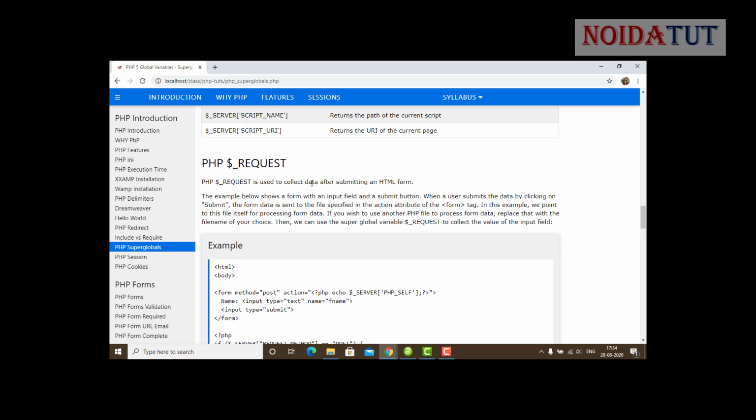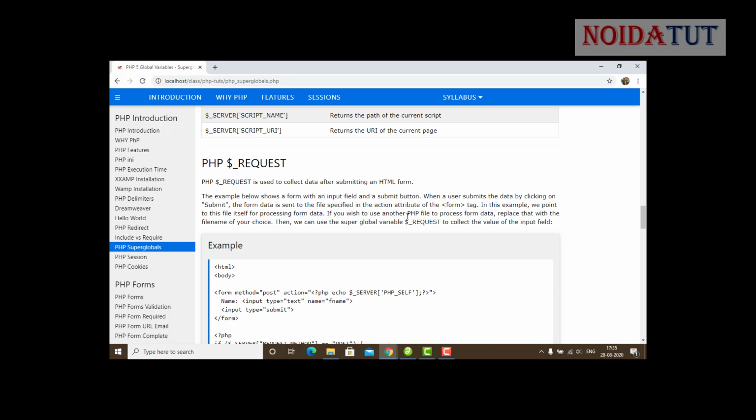PHP REQUEST is used to collect data after submitting an HTML form. This example below shows a form with an input field and a submit button. When a user submits the data by clicking on submit, the form data is sent to the file specified in the action attribute of the form tag. In this example, we point to this file itself for processing form data.